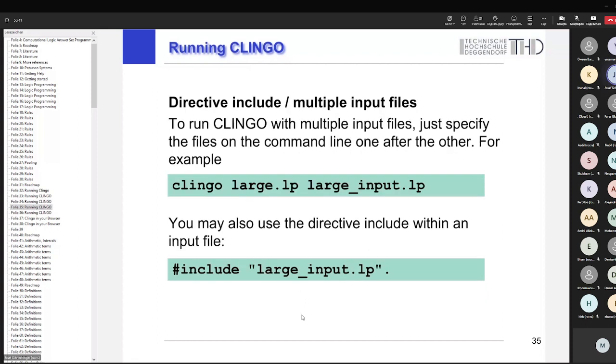And well, if you use Klingo, then we can include multiple files in that, and we are going to see this a little bit later. This makes sense in order to separate different parts of a program into different files, which then are used to calculate different